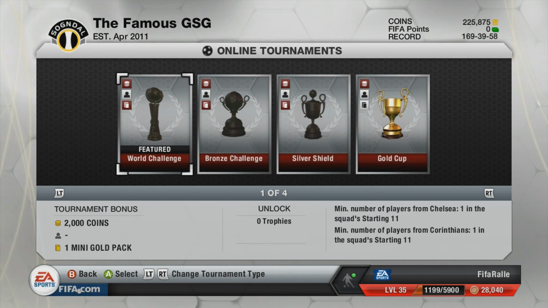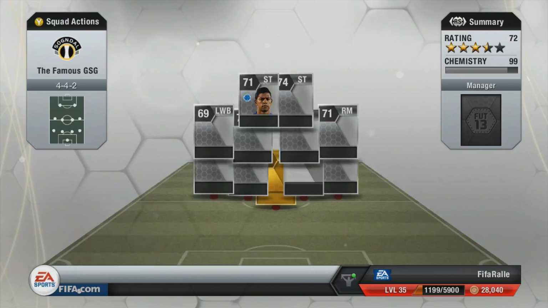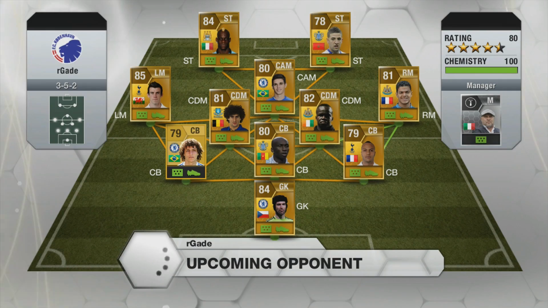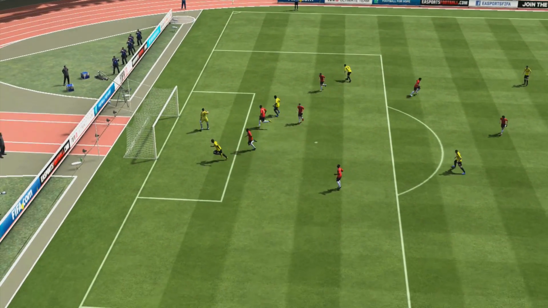But then I wanted to go into the Gold Cup, and I saw the World Challenge, a new tournament. And you have to have one player from Corinthians, something like that, and one player from Chelsea. So Paulinho and Ramirez might be something to build a team around, Paulinho and Oscar, something like that. It could be pretty cool to build a team around them, get some skillers into it, and build that kind of team,